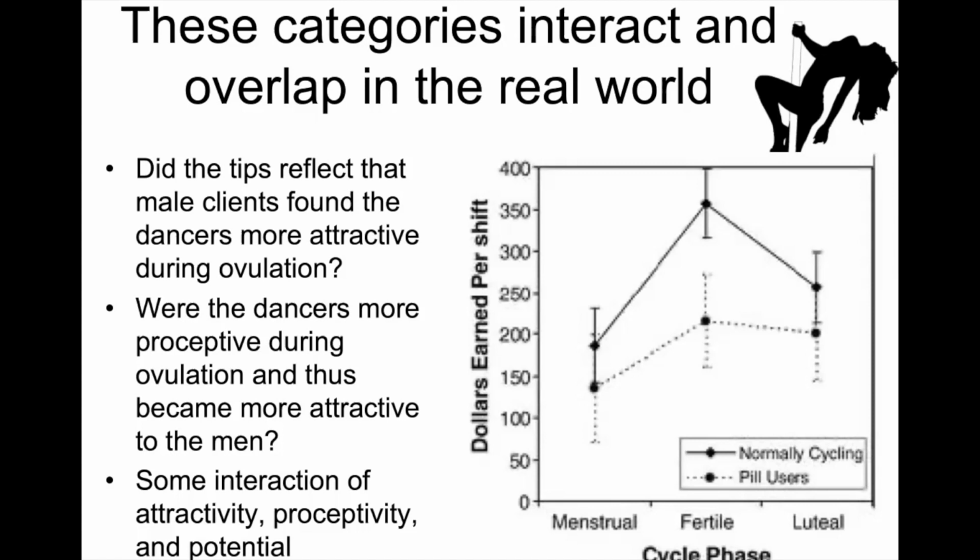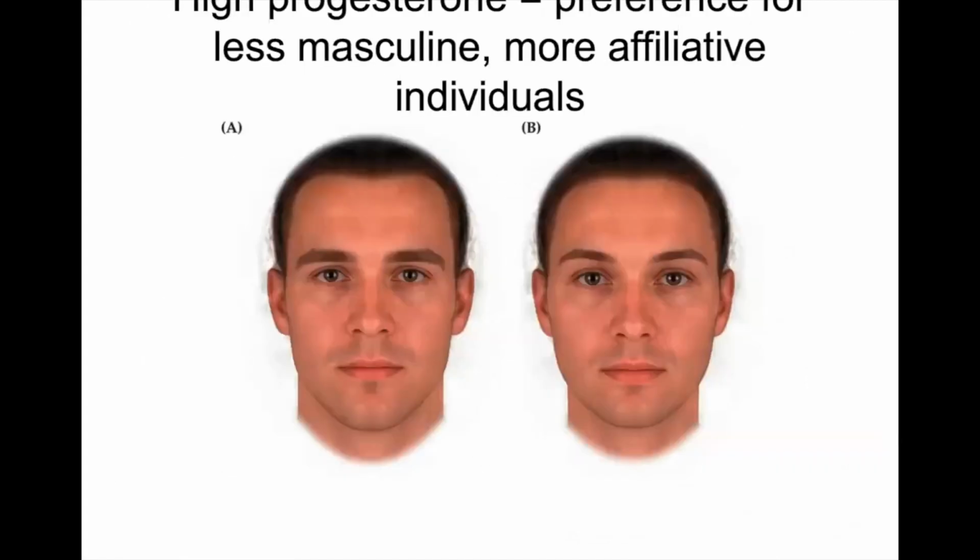So this would be, I think, a clear example of the interaction of attraction or attractivity and hormones. Here is another example. These are AI generated images of two male faces, A and B. And it turns out that whether or not you're in the follicular or luteal phase can determine who you rate